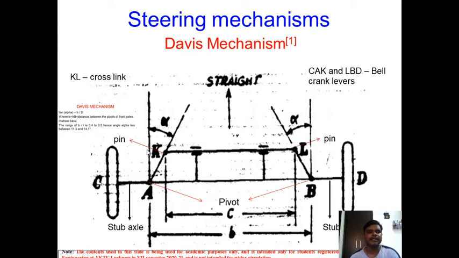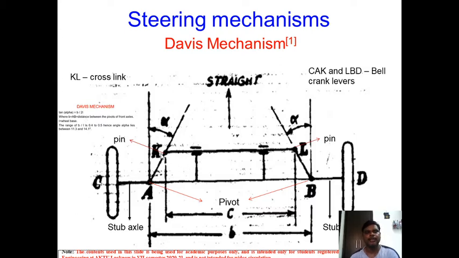So what is the correct steering condition? We can find out the correct steering condition as tan alpha equals B divided by 2L, where B is the distance from A to B. L is the wheelbase. This AB is termed the wheel track, and the wheelbase is the distance from the front wheel position to the rear wheel. So if we want to set the steering system at the correct angle, then this condition of tan alpha equal to B upon 2L must be maintained under all conditions.